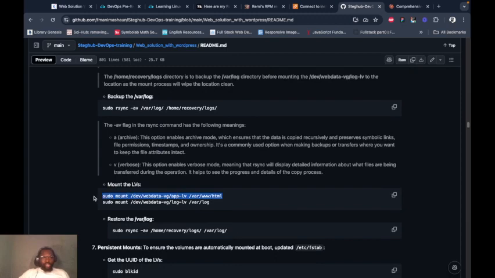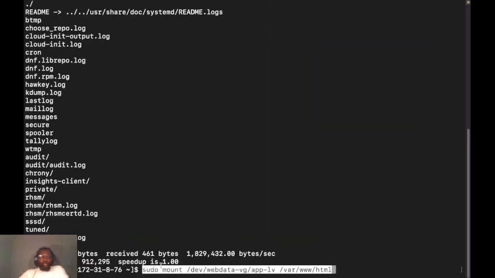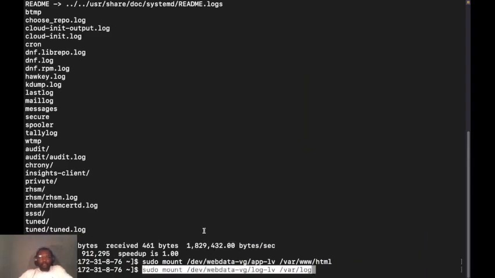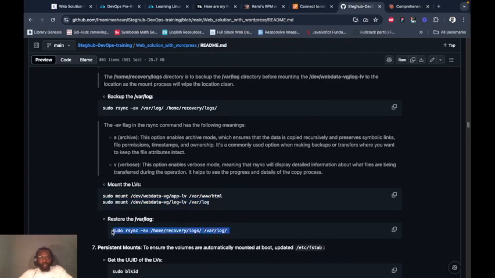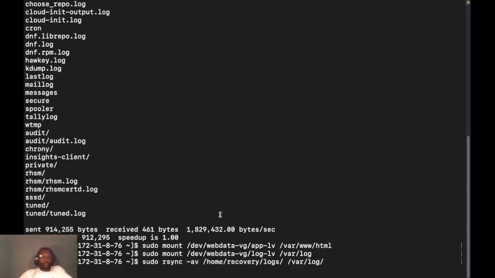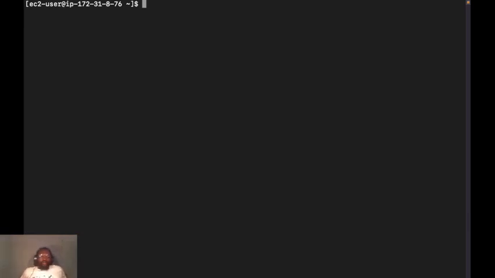Then we can mount each location by using the mount command. Just mount. That has been done. Then I can mount this also. Then I will restore the log folder contents by taking them from the recovery folder back to the log folder. Right, that completes that. To ensure that once our instance is rebooted, it will remember the connection between the EBS and the mount location,